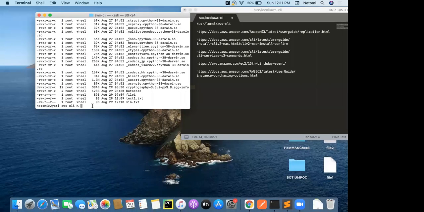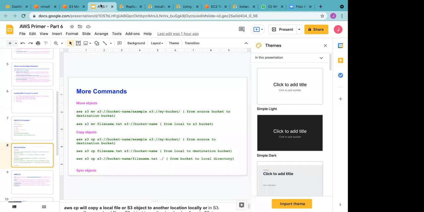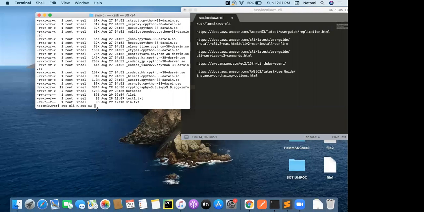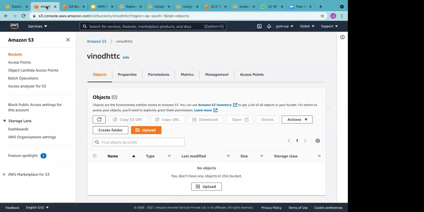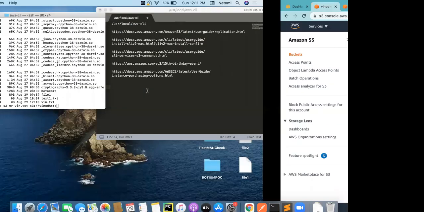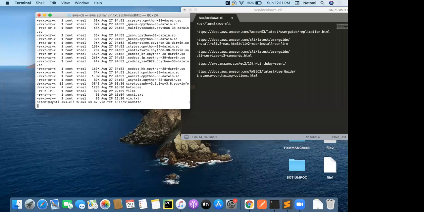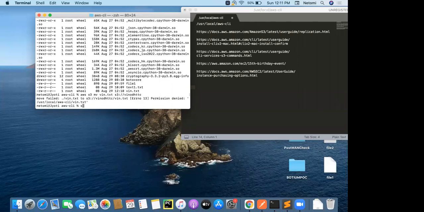So what I'll do is AWS S3, the command MB. I think I need to apply sudo, but let me just try. Let's see. This was the name, right?